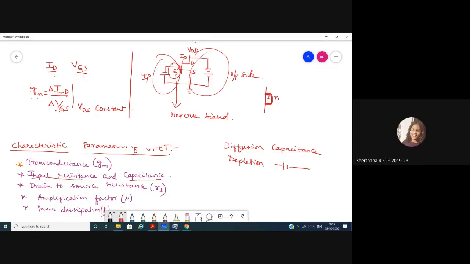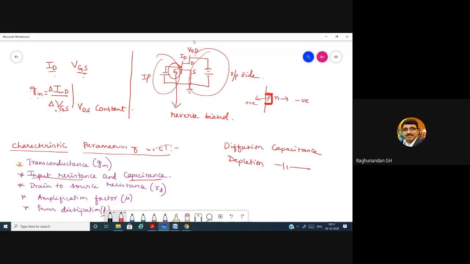There will be a resistance given, so charges won't be able to flow. P and N form a junction. We already analyzed while studying diodes that P acts like a positive plate and N acts like a negative plate. So these two form a capacitance.